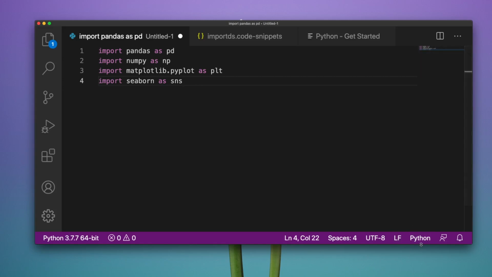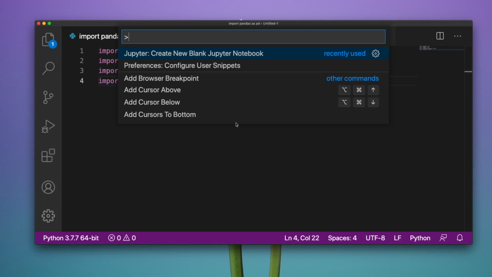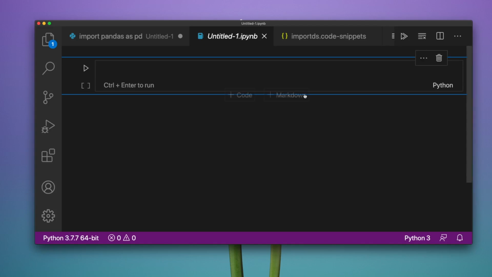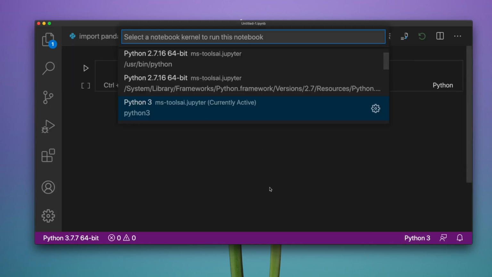So if you have Python code, what if we have a Jupyter notebook? Let's quickly verify it for Jupyter notebook as well. So command shift P and then say create new Jupyter notebook. As I said before at the start, this is not the Jupyter notebook on VS Code, but this is the native Jupyter notebook experience on the latest VS Code Insider. I have a separate video which you can refer to for this. Once you have this, you can see that I've selected Python here, but I can select Julia or R, whatever language I want.